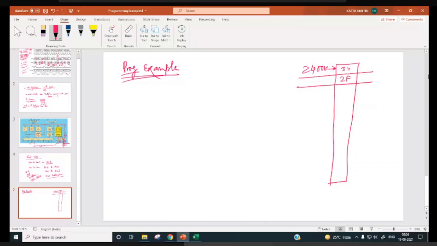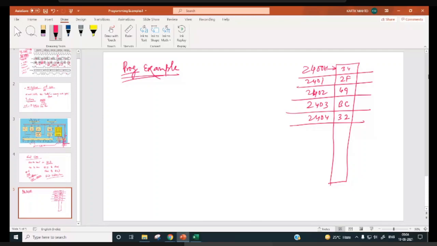At 2401 we have 2F, then at 2402 we have 49, at 2403 we have say BC, then at 2404 we have 32,